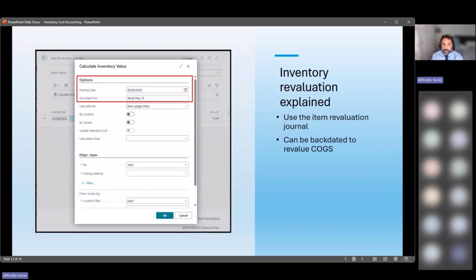So this is an example of an inventory revaluation journal where I use the create inventory, calculate inventory value job or task to automatically populate the journal for me. And if I backdate the valuation, Business Central will look back in the past, reevaluate the inventory that I had at that moment in time, and